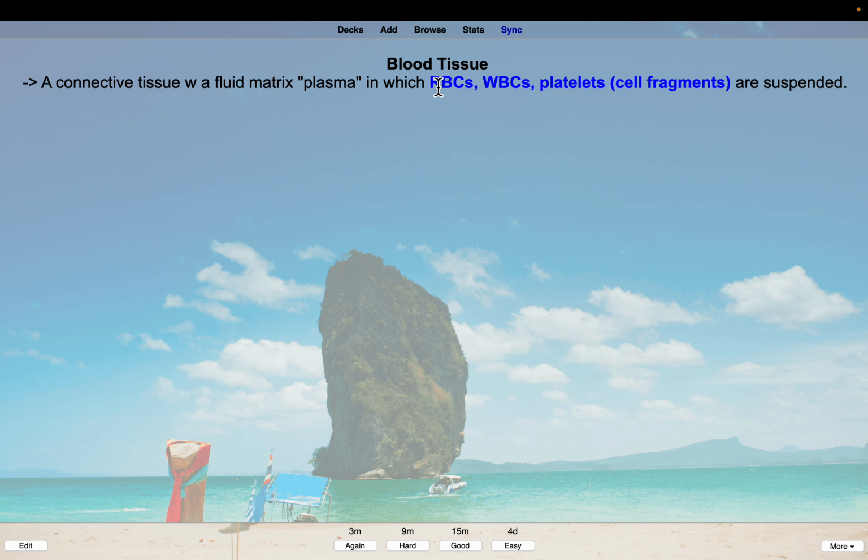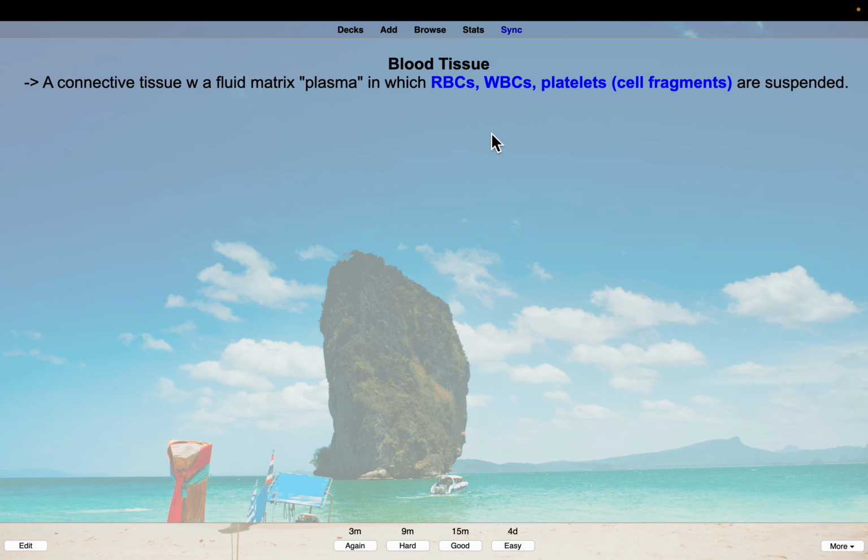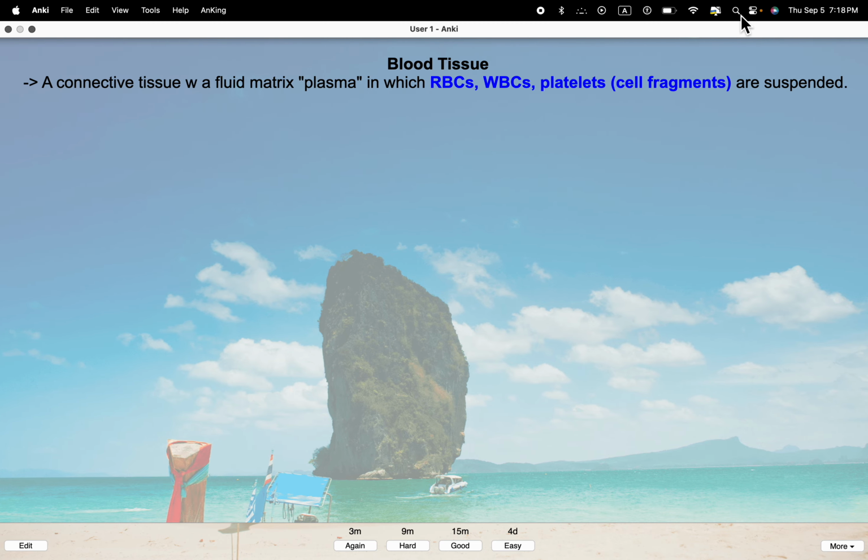Red blood cells. Basically, they're responsible for keeping your body as it is. Well, say white blood cells are the military, platelets are the medics, red blood cells are the citizens, and they run the country. That's basically it. If you want a more formal definition of red blood cells,